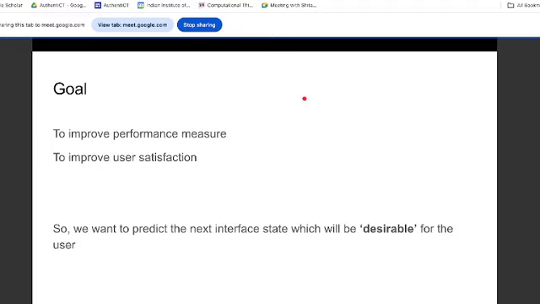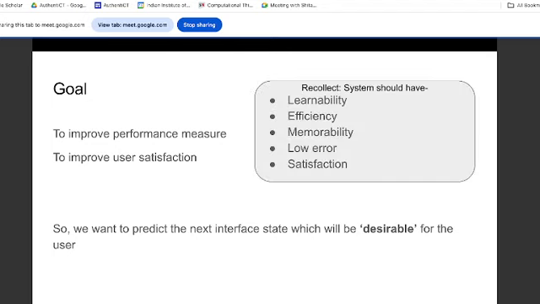So the goal is to definitely improve this performance measure and to improve the user satisfaction. So we want to predict the next interface state which is very desirable for the user using this performance measure and the user satisfaction. Why? Because if you can recall, earlier we had